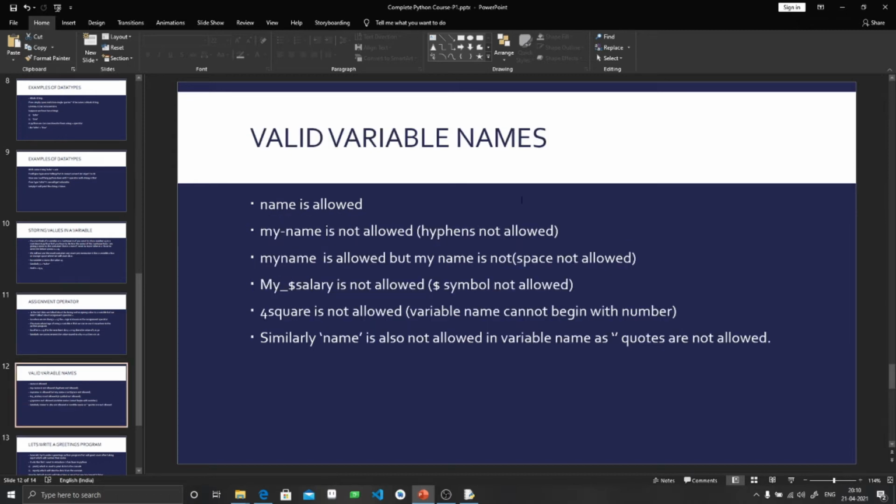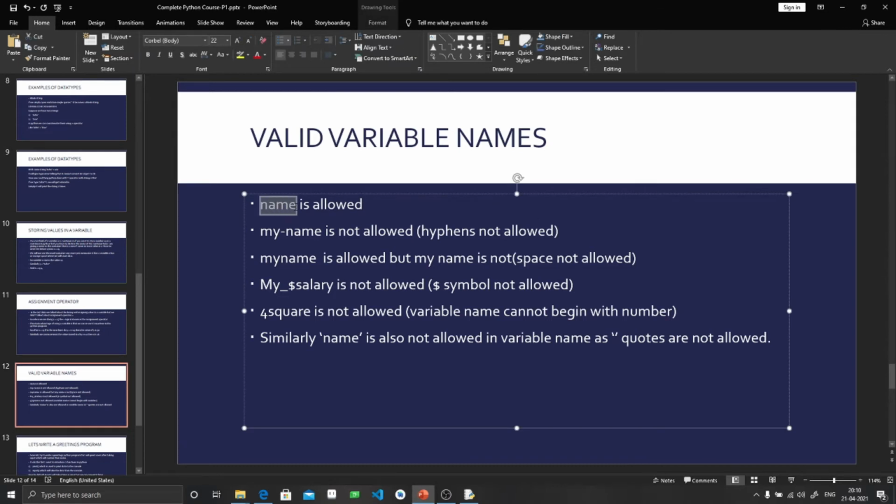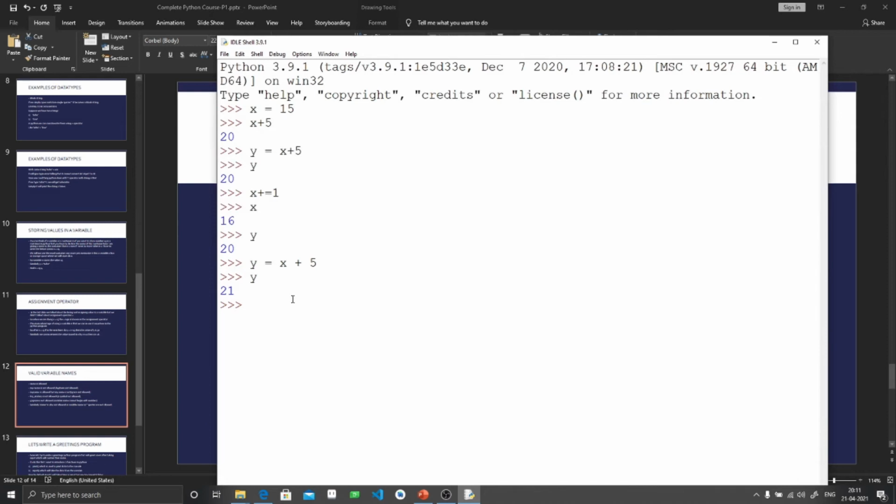So next comes the variable names. Name is allowed, meaning if we declare a variable name as name, that is allowed. But my hyphen name is not allowed, because hyphen is not allowed. Let me show you by an example.